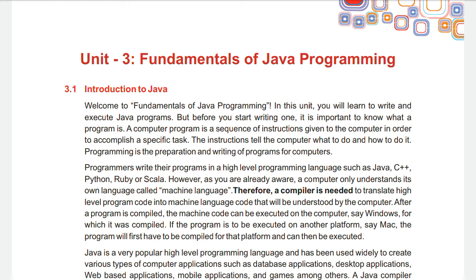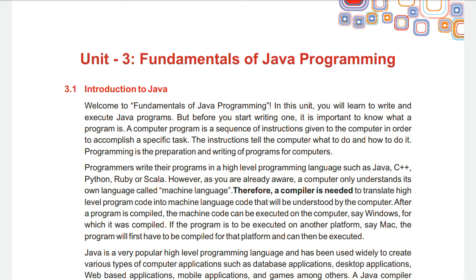So those logics and instructions which we write in that computer program give the instruction to the computer system, and then we get the particular output for the particular program. There are many languages which we use for programming, and these are high level languages such as Java, C++, Python, and many more languages.